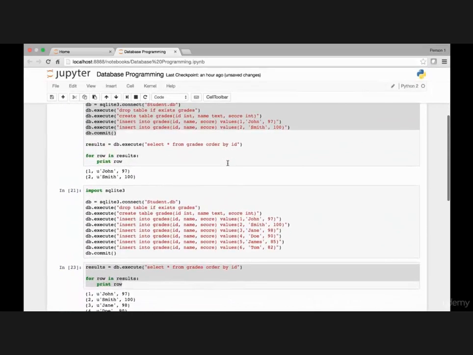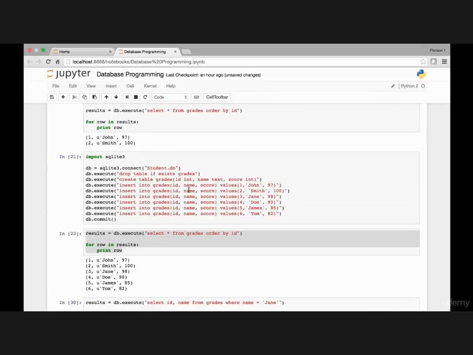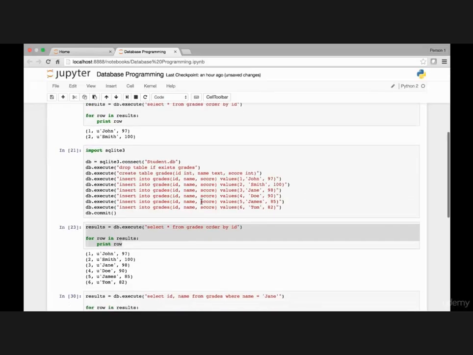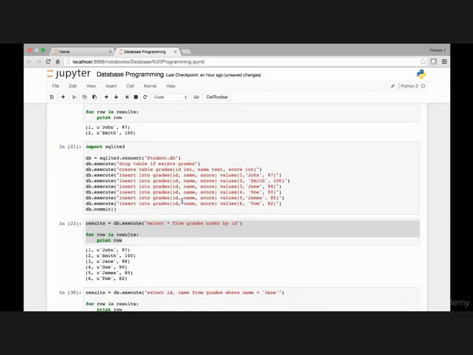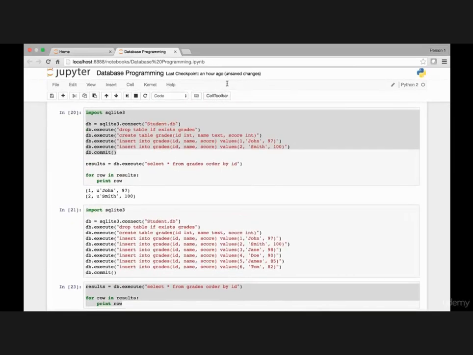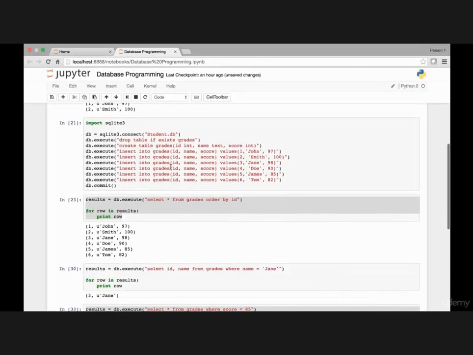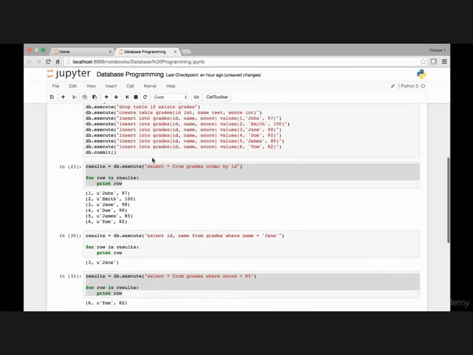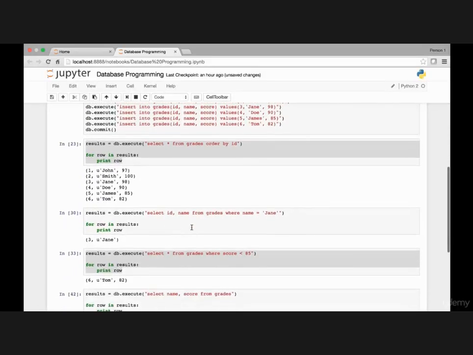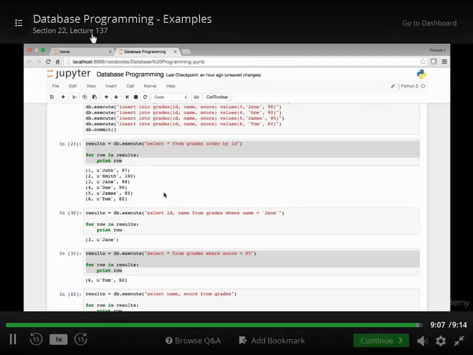I can say, in summary, we saw how we can create a table and then insert values into our table, and how we can get info from our table using several SQL queries, and how we can order and organize them. In the next lecture, we'll see